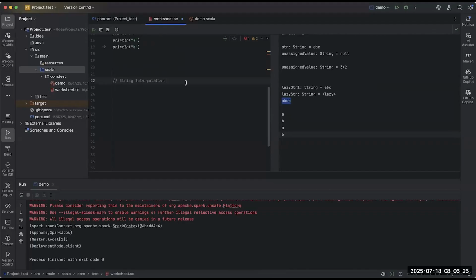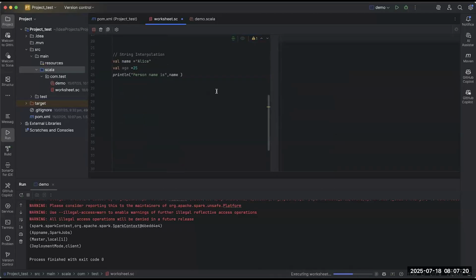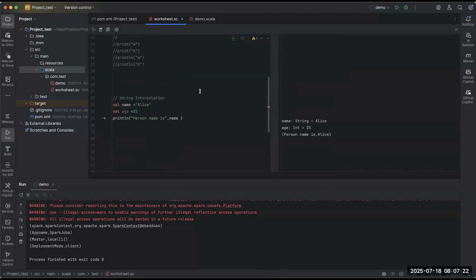Now just look at some examples of string interpolation. I'm taking the same example from our slide. Here, person name is there, right? While printing, I wrote this and put it into inverted commas. Let's suppose that in a logger also you want to print it.